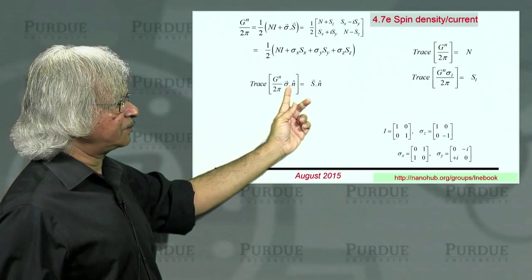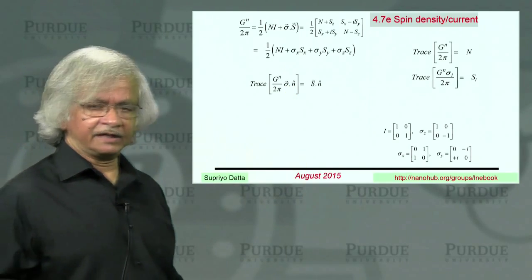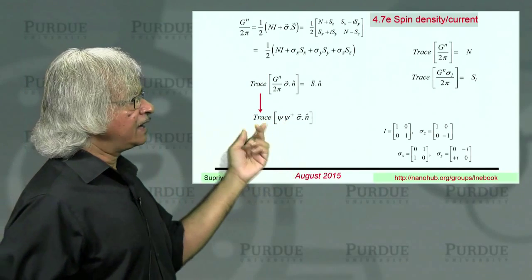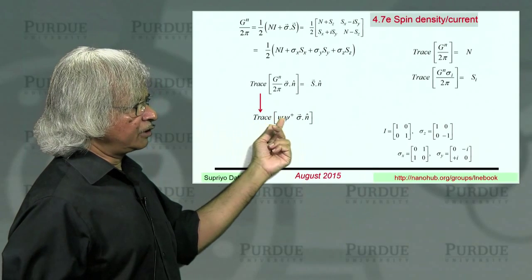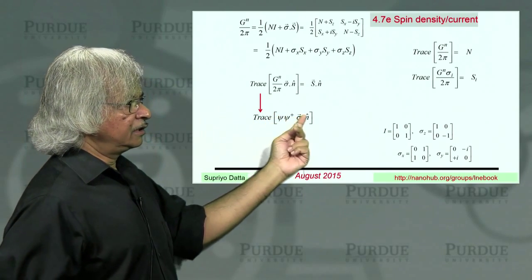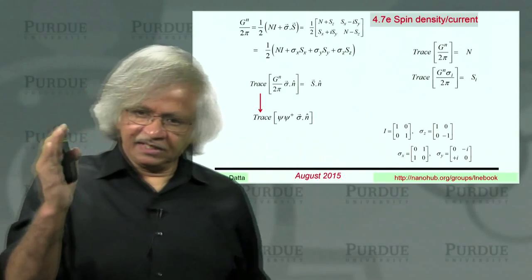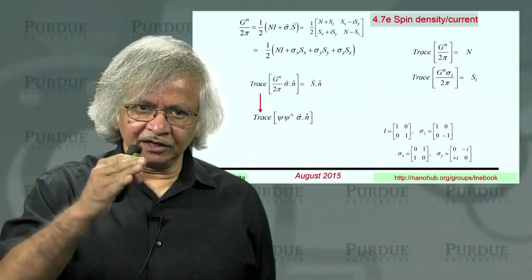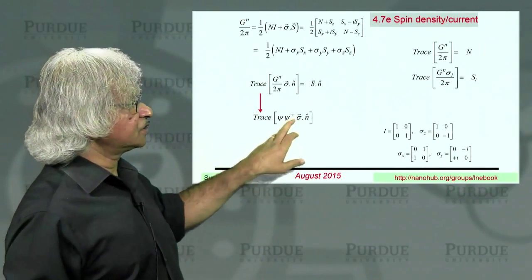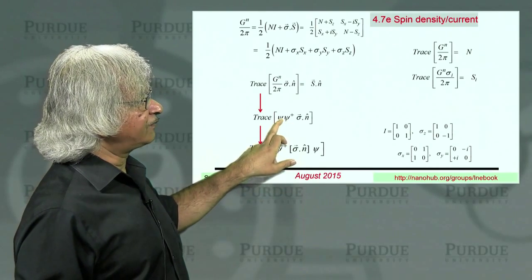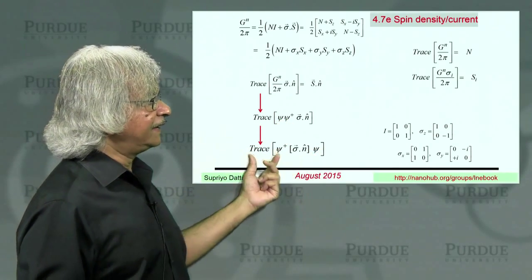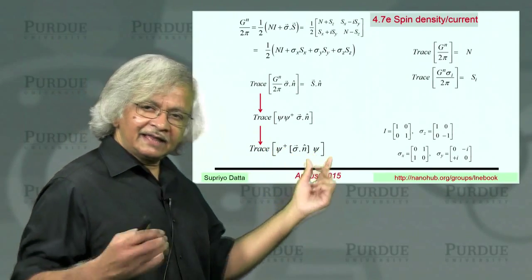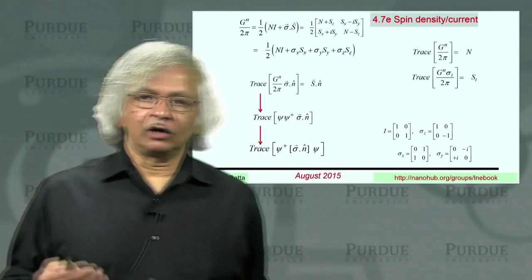Now, just to connect up with what you normally learn in quantum mechanics, I'd like to point out that you could actually interpret this as the spin operator. That is, you see, Gn over 2 pi is like psi dagger, as we discussed before. And when you're taking trace, you can move these things around cyclically. Namely, trace of ABC is the same as trace of BCA, as long as you move it in the right order, you're fine. So here also I can take the psi from here and move it to the end. And then you can see what we are taking is the trace of psi dagger, this quantity, and psi.